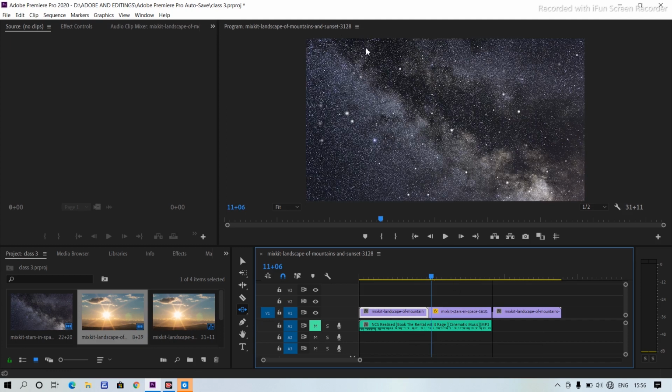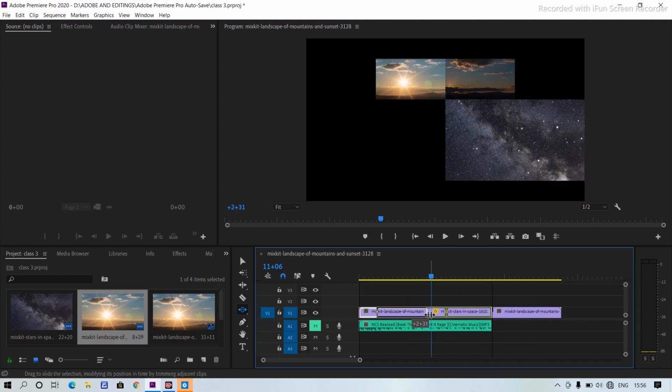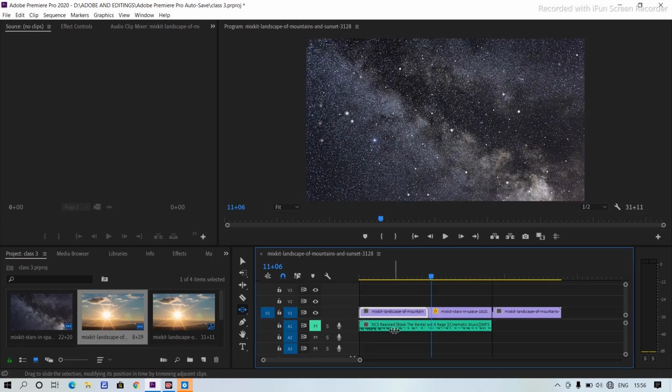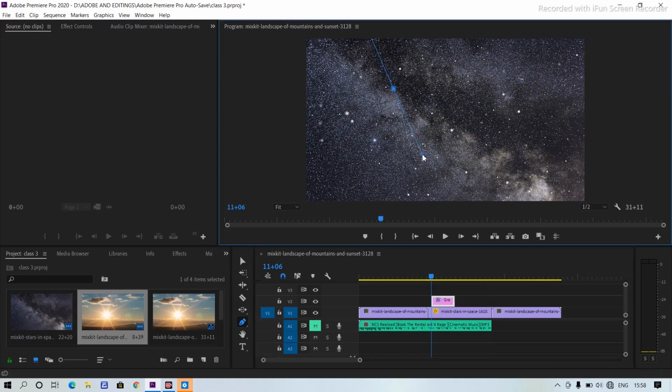So you can adjust it by the windows which are in the program window. Okay, means the videos, if you want to do it, it is not a handy tool. Okay, I personally don't use it much. Moving on to the pen tool. Here is the pen tool. So the pen tool is used to have points in the video. It is useful in the process of masking. When we do masking, then it is much more useful.